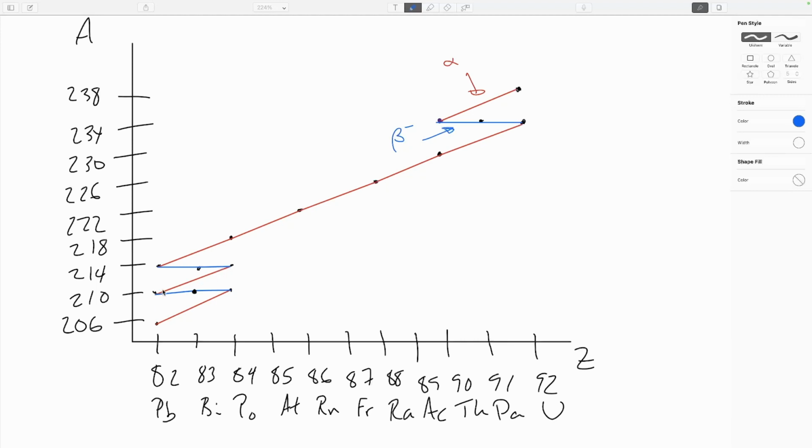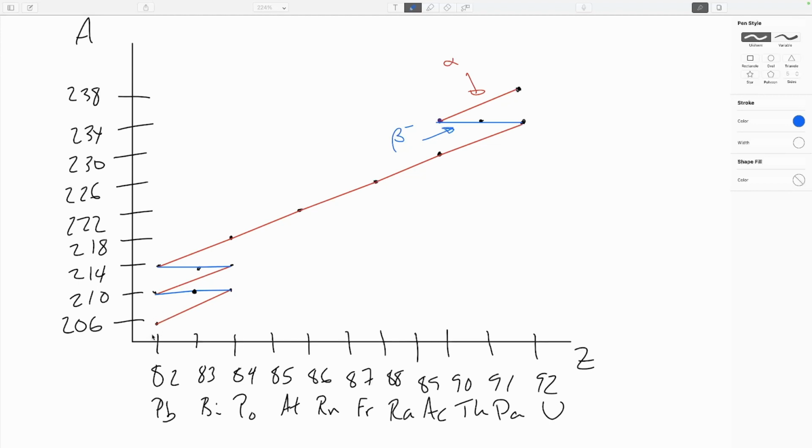Another alpha decay to lead-210, then bismuth-210, polonium-210 by beta decay. Then another alpha decay to lead-206, which is stable. So this is a very long-lived parent of the decay series, and this is the stable